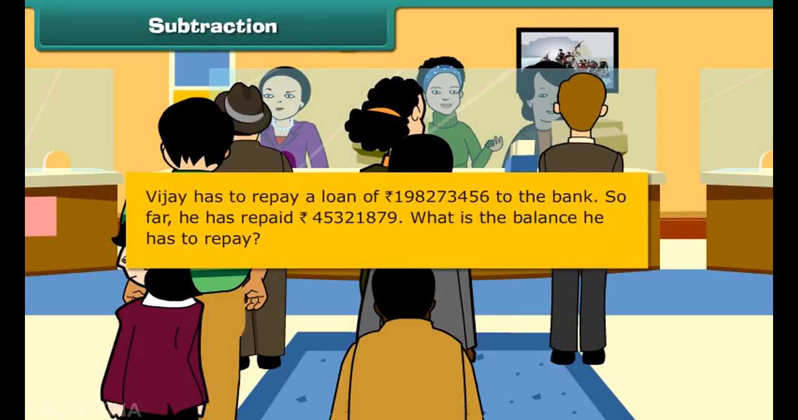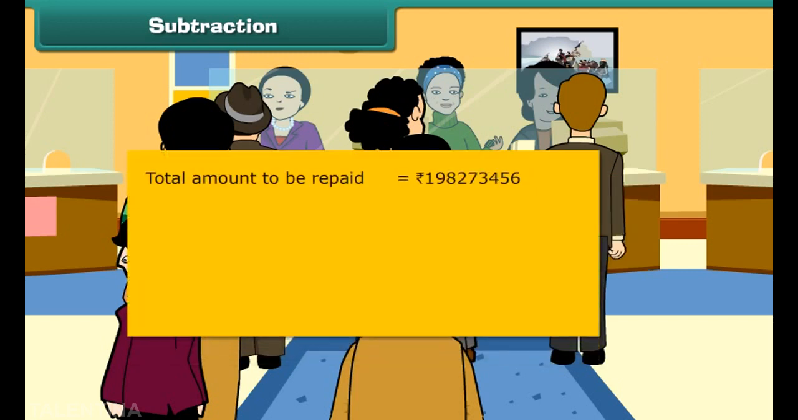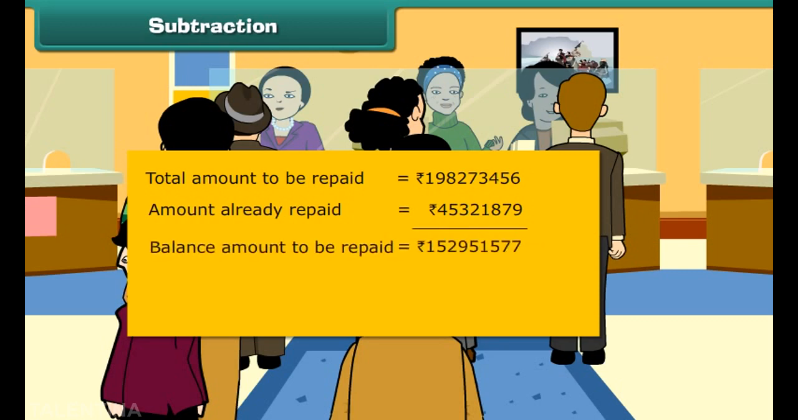Vijay has to repay a loan of rupees 198273456 to the bank. So far, he has repaid rupees 45321879. What is the balance he has to repay? Total amount to be repaid is equal to rupees 198273456. Amount already repaid is equal to rupees 45321879. Balance amount to be repaid is equal to